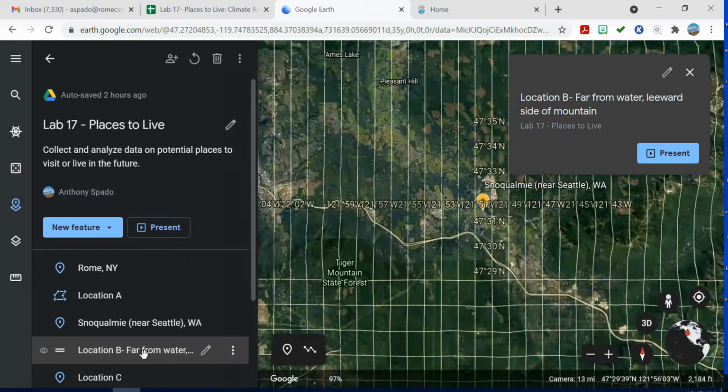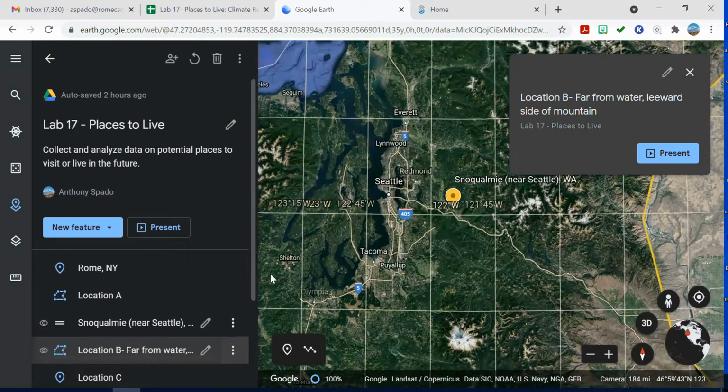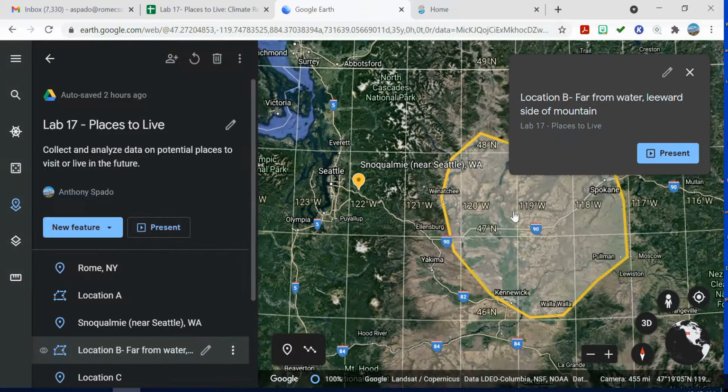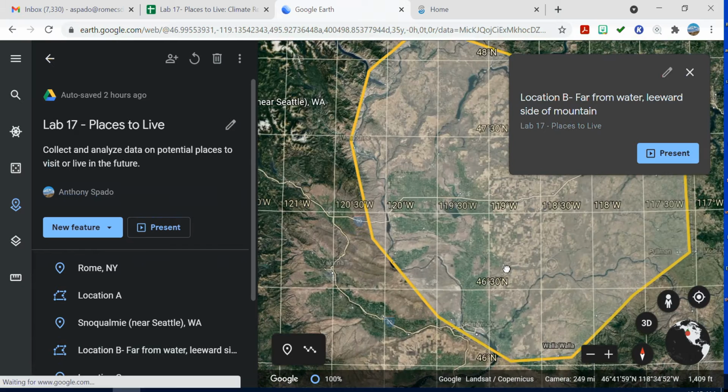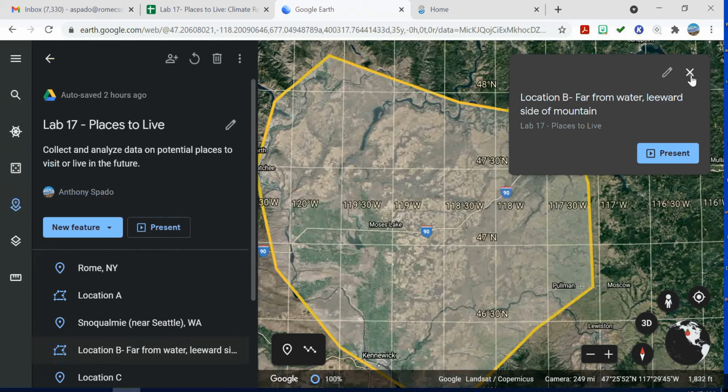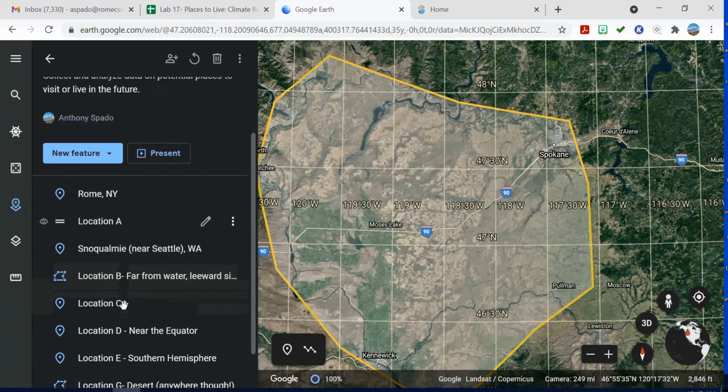Further from water, on the leeward side of the mountain, from Snoqualmie, you'll see somewhere in this area if you were to pick. Okay, so you can pick somewhere to live out west that's more in the mountains, more places that you probably have not heard of for this location B, but that would be what you pick there. For location C,